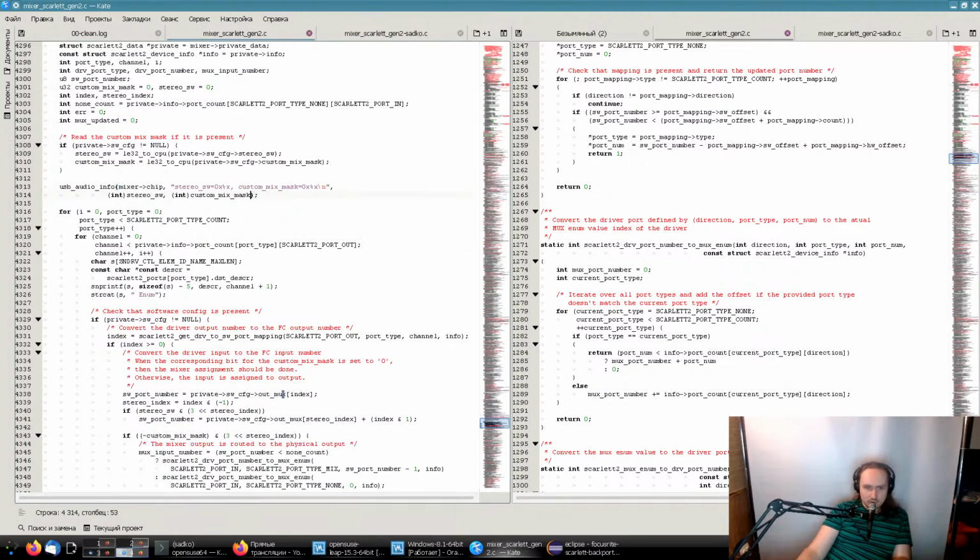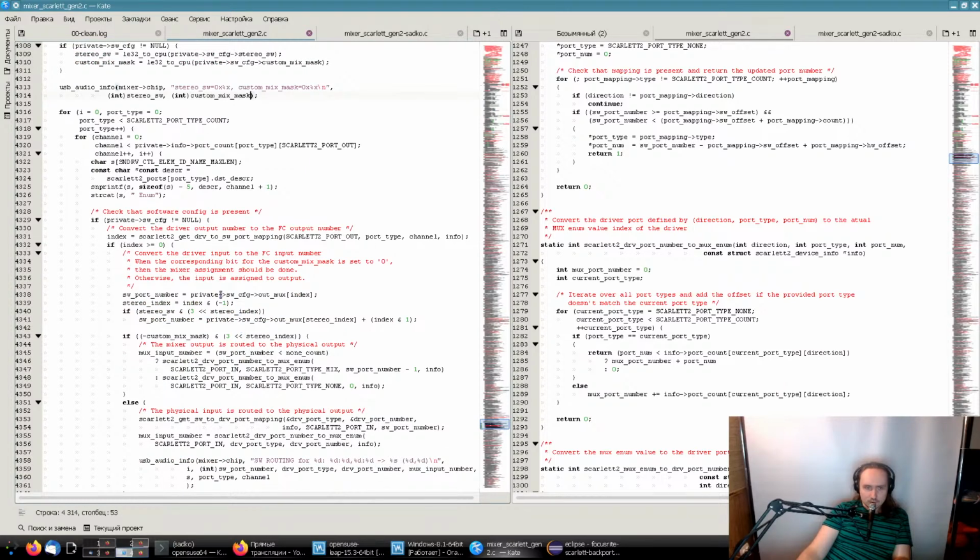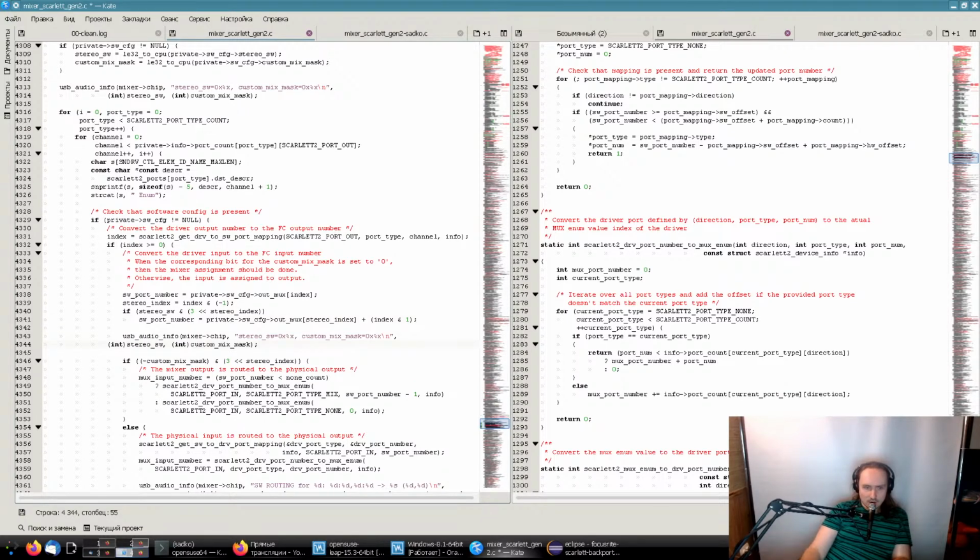And we need to write the additional information here. So we need to write the values of our variables. This is the software port number,